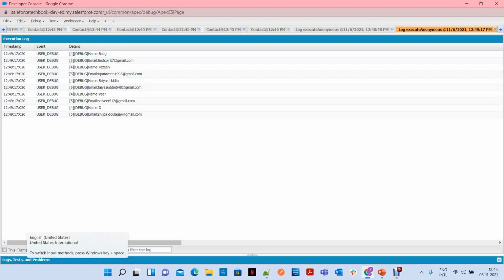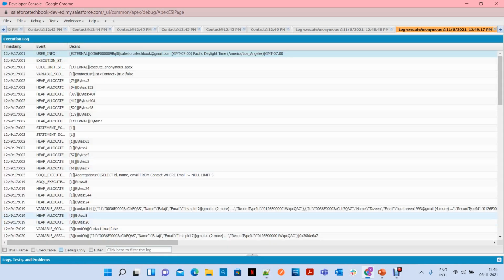And if you want to see how the records are returned, these are all the records. So you are assigning the list of records to the contact list, right? It looks like an array, and in the array you have records in a JSON format. The key is Id and the value is like that. Your field becomes a key and the field value becomes the value.